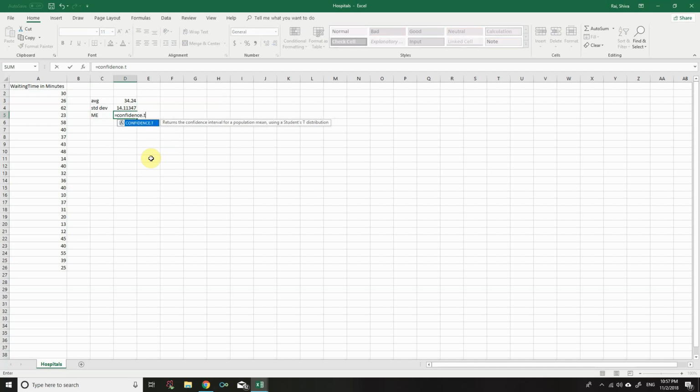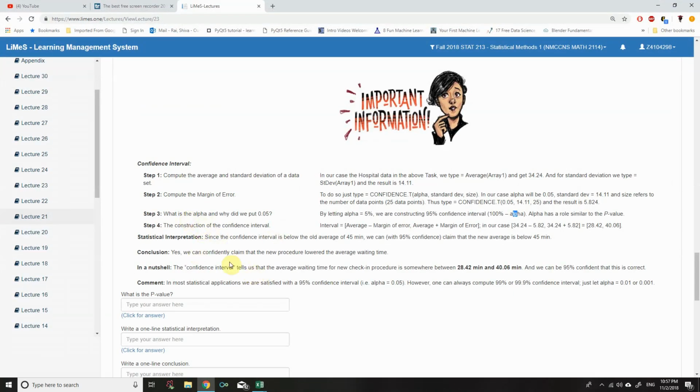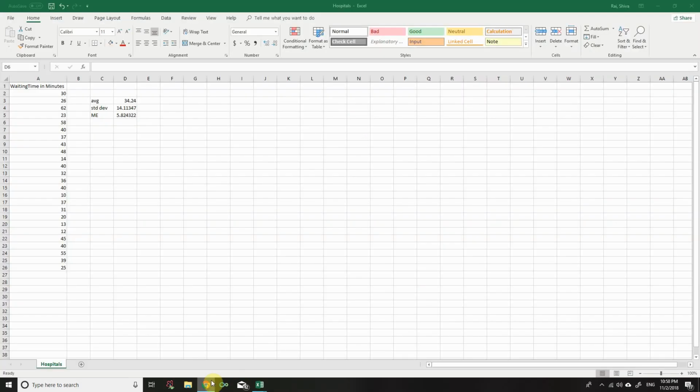So it equals confidence.t, that's 0.05, that's alpha, the standard deviation is 14.11, and 25 is the total number of data. So the margin of error is 5.824. The construction of the confidence interval is: the left endpoint of the interval is the average minus the margin of error, and the right endpoint is the average plus the margin of error, which can be written as